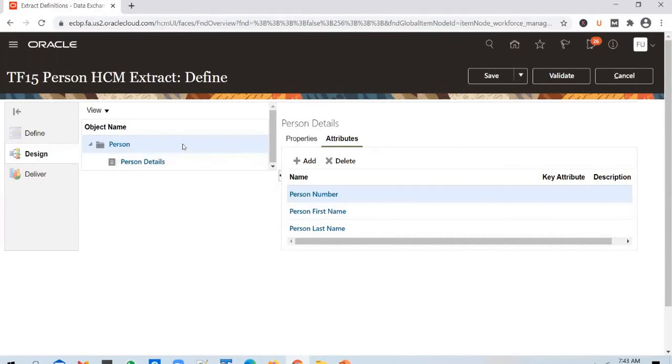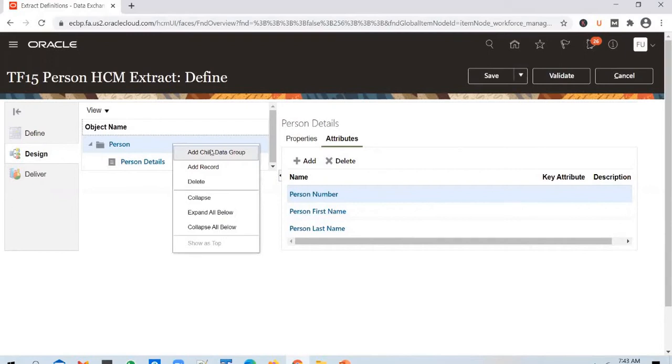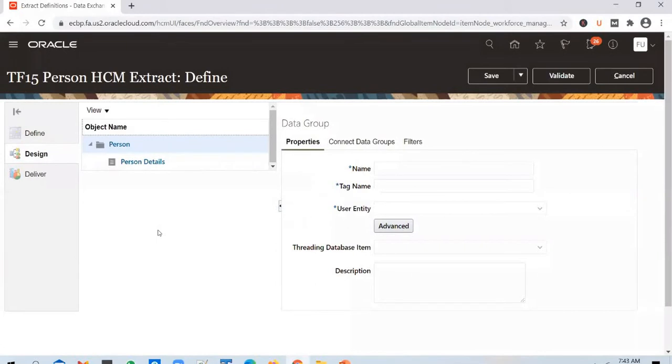If you want to add a child data group, say for example, I'm printing few details about a person here, and I want to print the assignment details as well. I want to print the assignment details that this person is working on at the moment. So how do you do that? You do a right click and you add another data group. You add child data group, and you can give it a name. So you can say assignment,